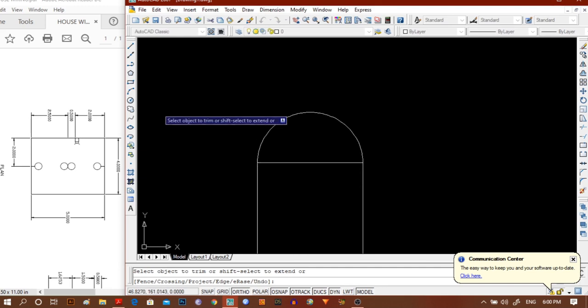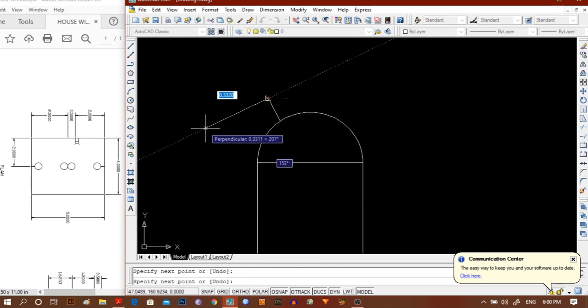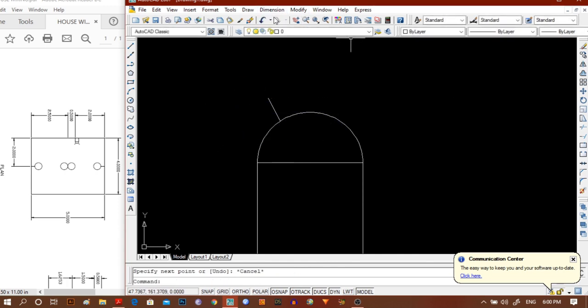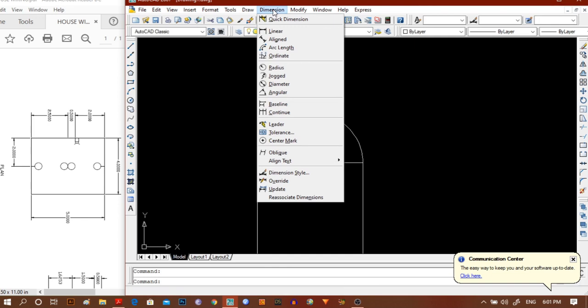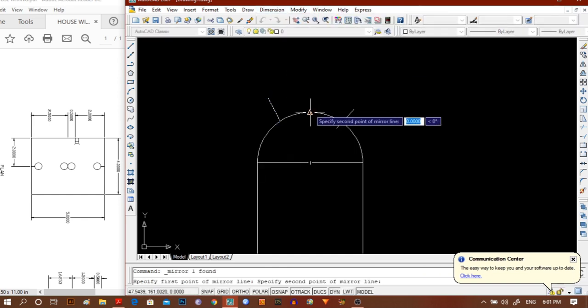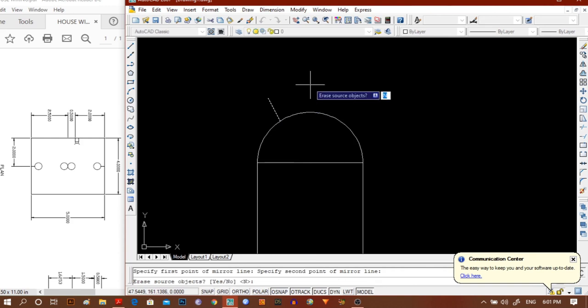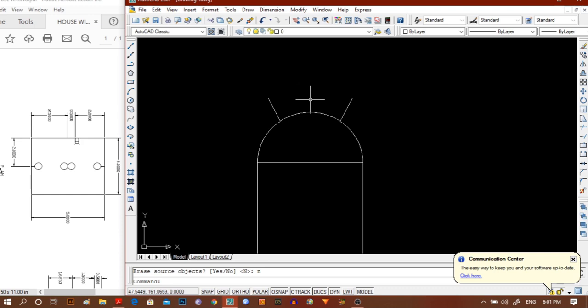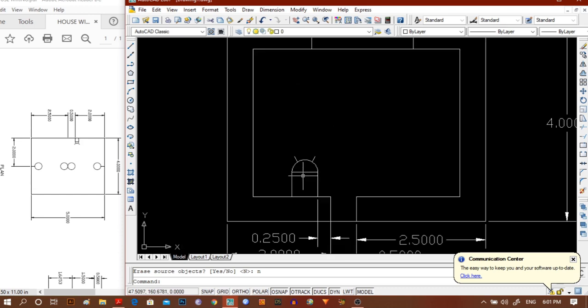Fine. Another sign of the power socket is to select this one and mirror it. So modify, then mirror. This is the midpoint and we will draw. We will keep our source object. So the power socket is done.